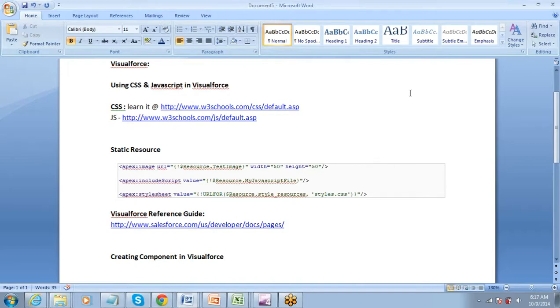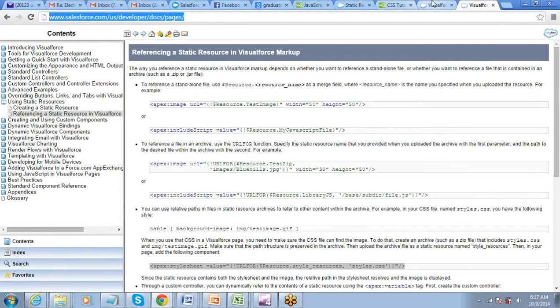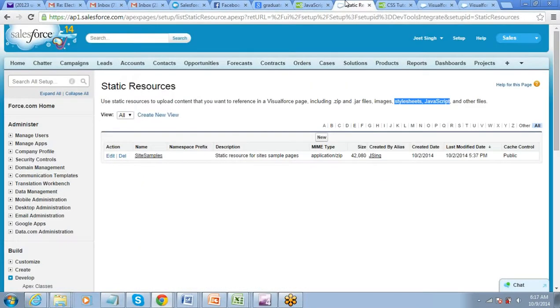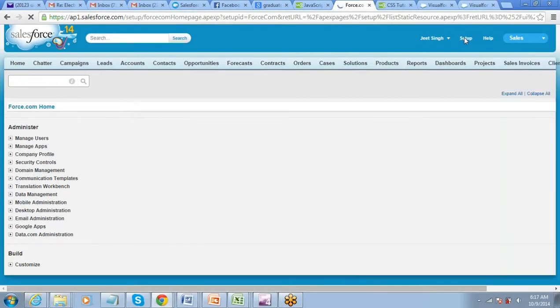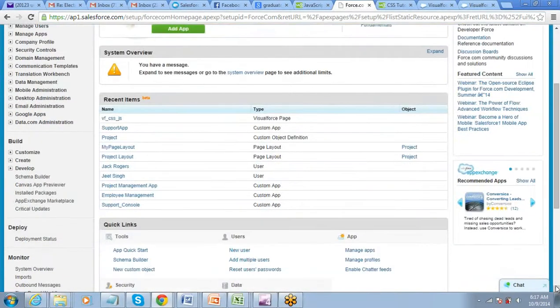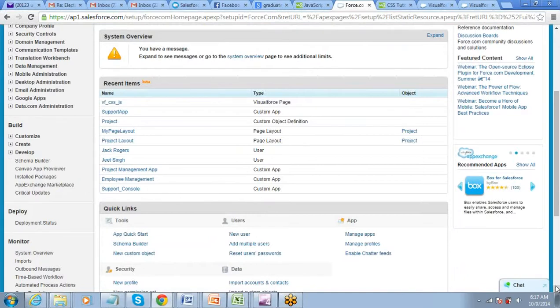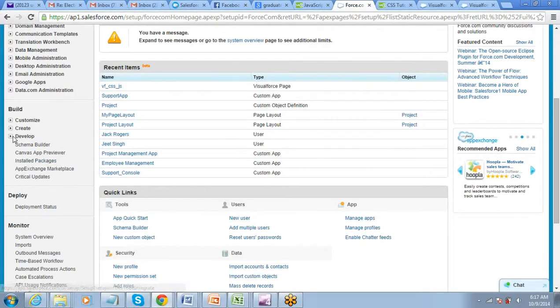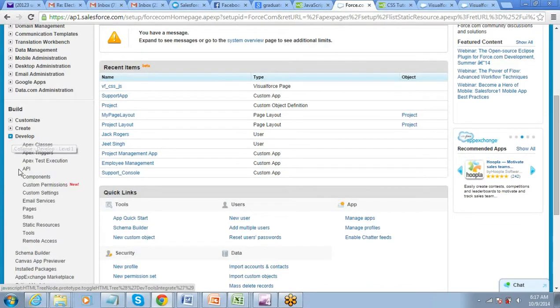So let's create a component here. How do you create a component for Visualforce? It's very simple. You have to go to Setup, Develop, Components.